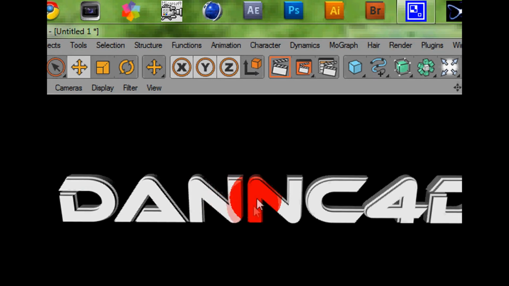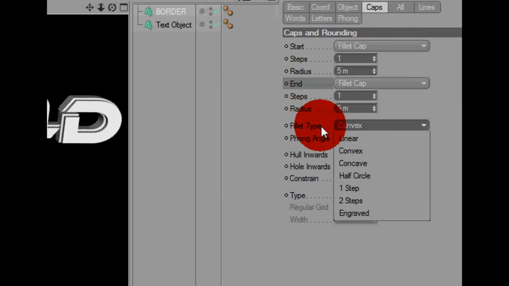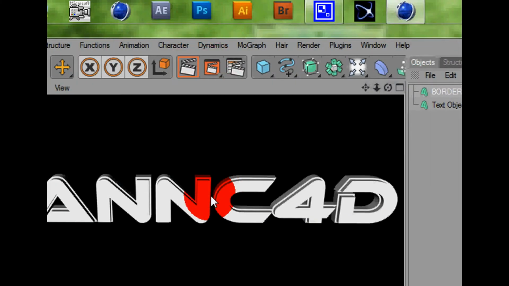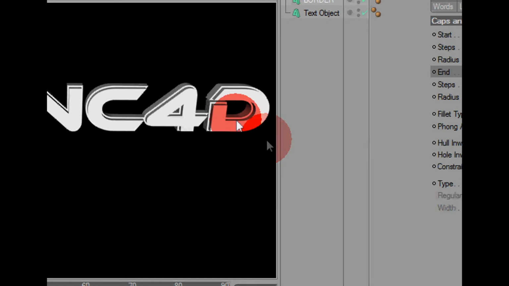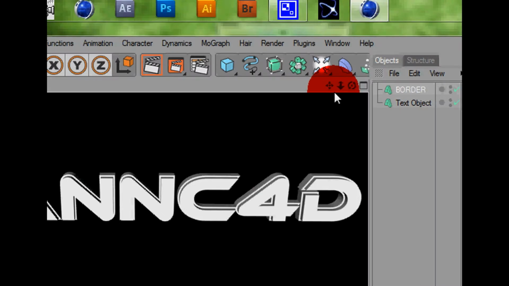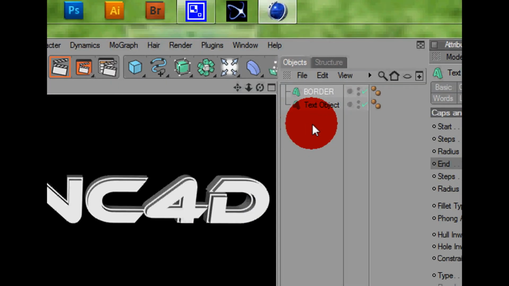There's a really nice beveled edge. And then down on here, on fillet type, I'm just going to change it to 1 step. That looks pretty cool for a beveled edge so far. So now what you want to do is